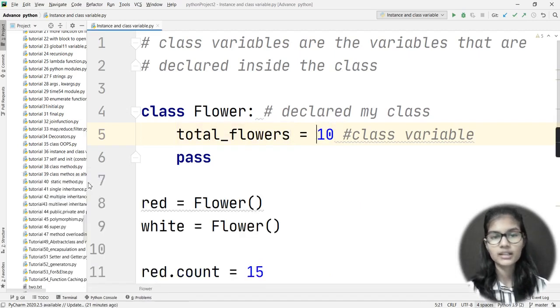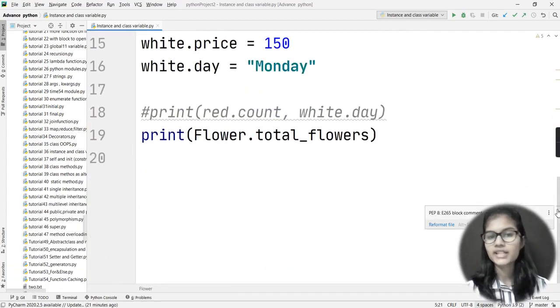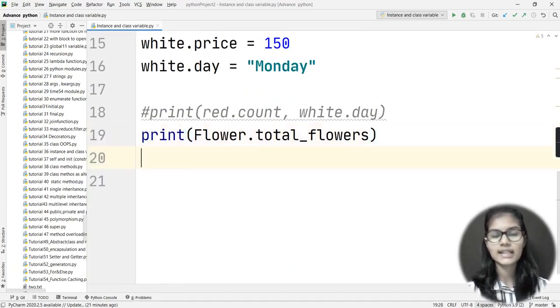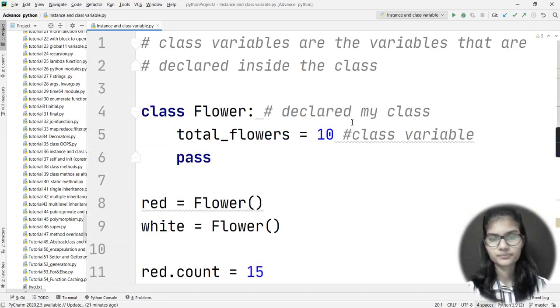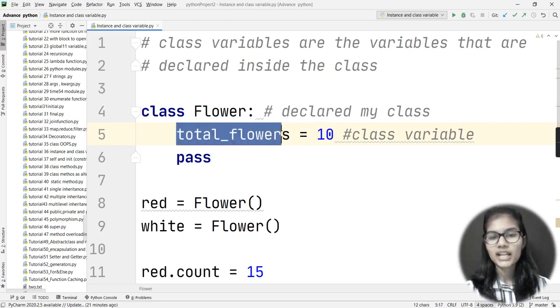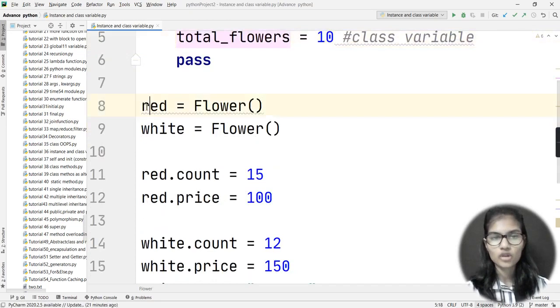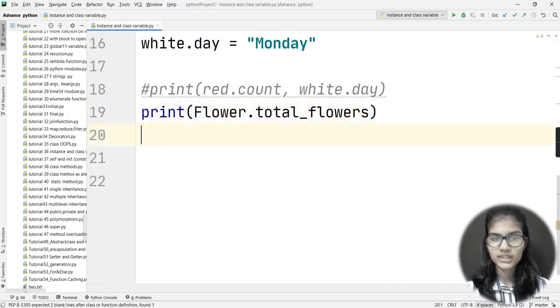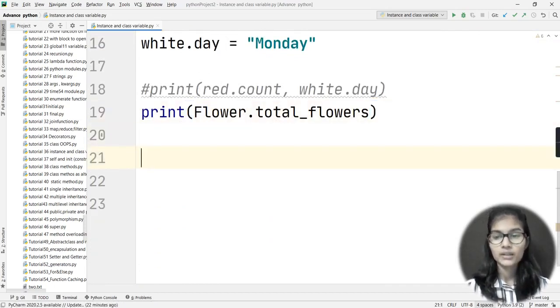Fine. Now, this is one thing, how you can make a class variable and how you can access it. My second question is, can I change the value of my class variable? Here I have given the value 10 to my class variable. Now, if I want to change this value, can I do this, and can I access my class variables with the help of these objects? This is the question that comes next, and yes, the answer is yes, we can access the